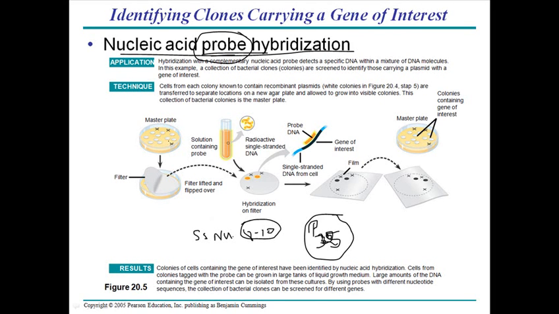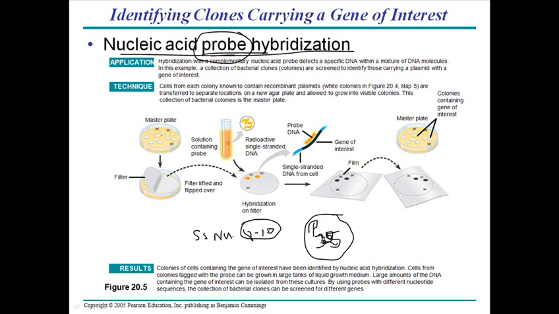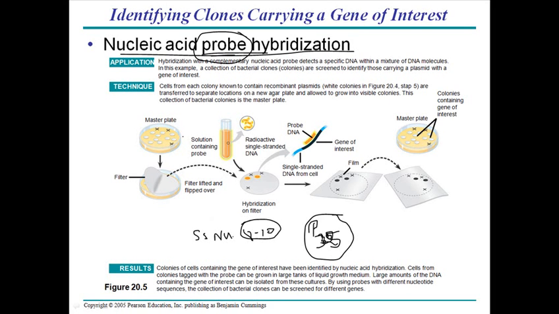So it's a master plate, for example. In this master plate, what we are doing is actually taking out a filter. Normally it's a nylon filter paper. The nylon paper is very good at binding with the DNA of the colonies, because the DNA phosphodiester backbone has an interaction with this filter paper. It can bind with that paper.